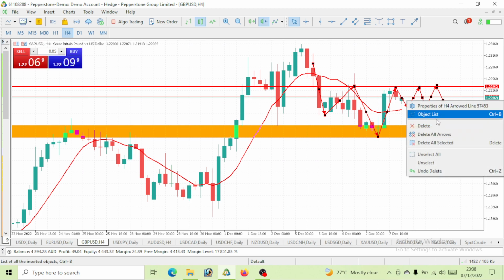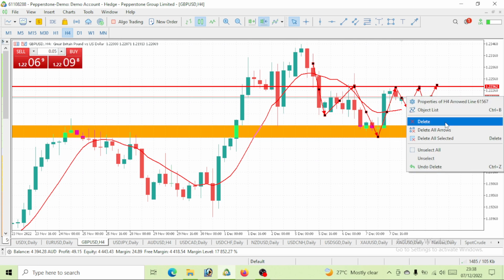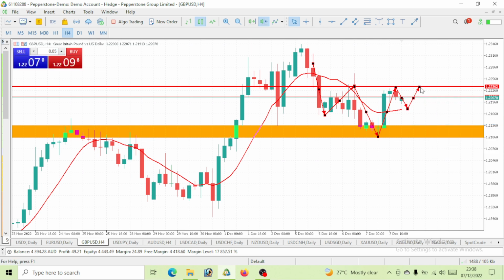So that is why I'm going to advise you to just be patient enough. Let this price actually break this high. Once this price breaks this high, then you can go ahead and go long. And if you want to be patient enough and stay calm, you can also wait for a pullback to occur. Once the pullback occurs, then you can go ahead and go long again. So it's just up to you how you take this trade.